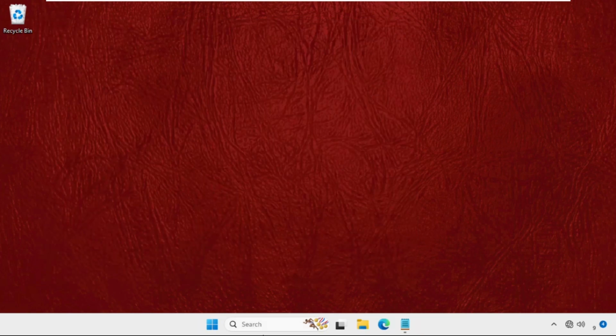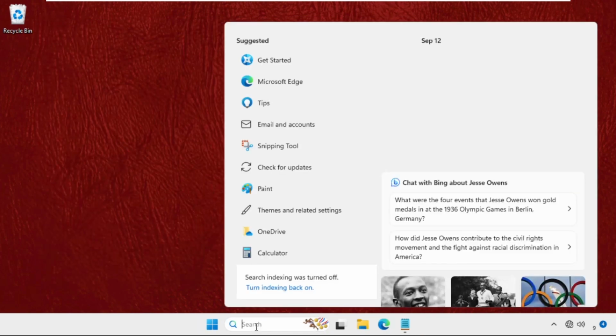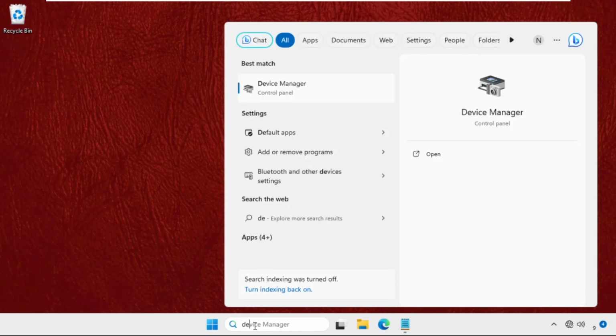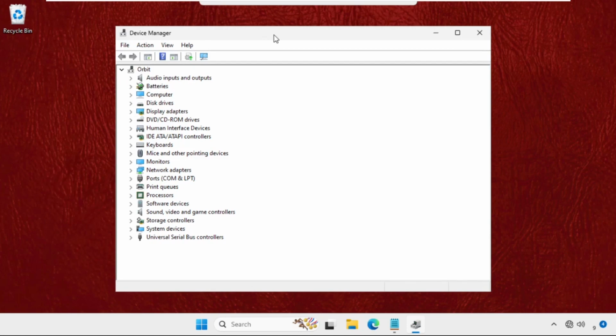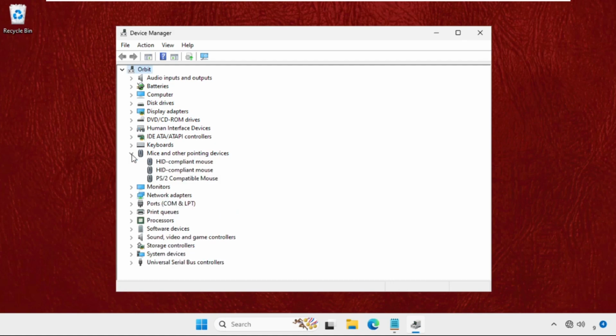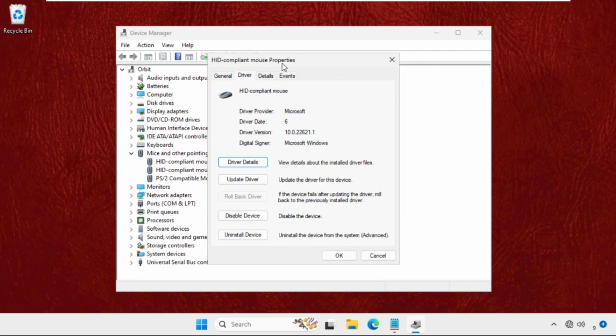You can also open this Device Manager by clicking on the search and simply typing here Device Manager and clicking here to open it. Once we are here, we need to expand the Mice and other pointing devices, so just click on this icon and you can double click on it to directly open its properties. So for the particular device, you have to right click on it and select Properties, then go to Drivers tab,